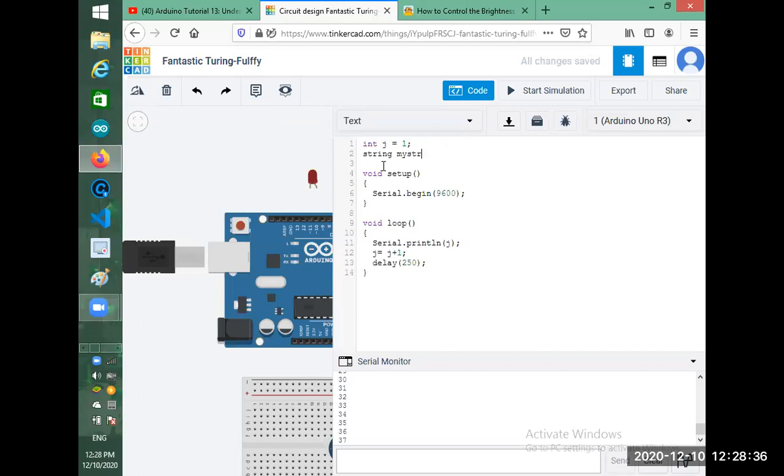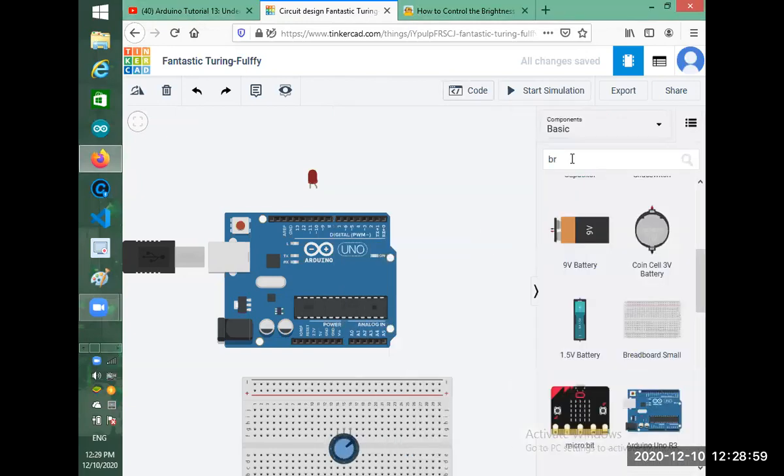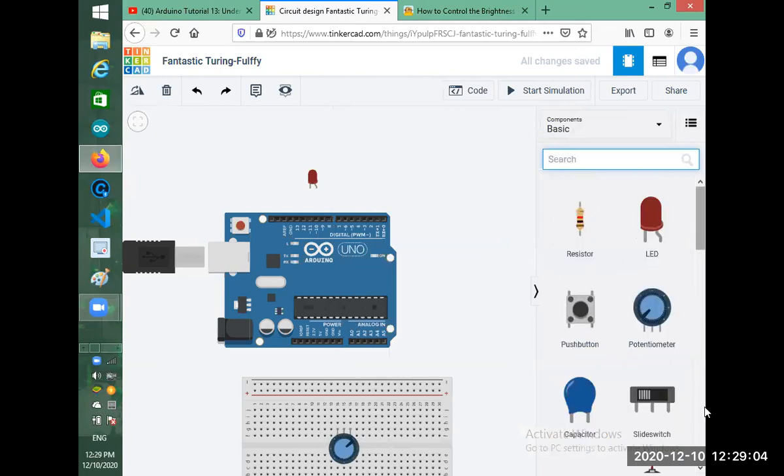First we have to do the potentiometer. Sorry, first let's complete this. In this potentiometer we do not require this, we'll see it in another program. First we will connect our circuit diagram.